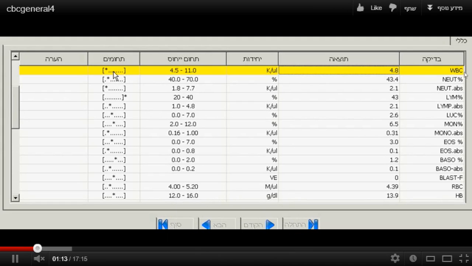Okay, you can see here that the white count here is 4.8 thousand cells per microliter, and here is the reference interval, and you can see that it's normal. It's within these